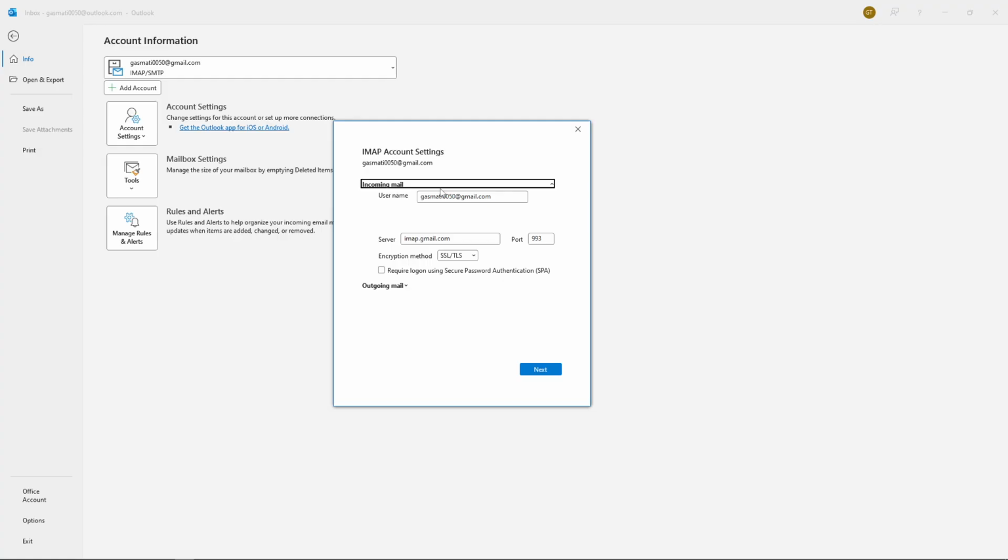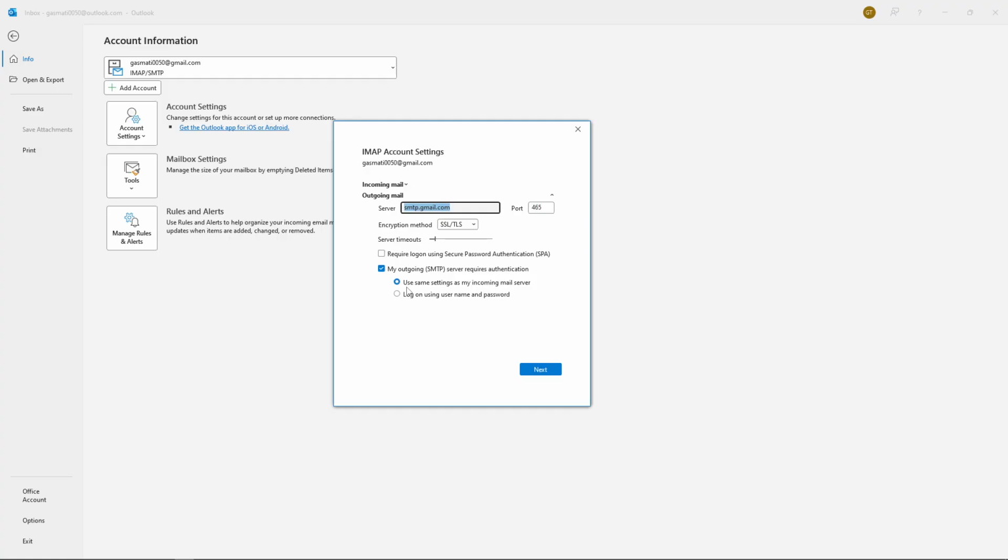Navigate to the outgoing mail section by clicking on it. This is specifically where your SMTP configuration lives, and this is what controls your ability to send emails from Outlook. In the outgoing mail section, you'll see several fields displaying your current SMTP configuration. Take a careful look at these fields and make sure you have the correct information entered. You'll need to verify three key things: the SMTP server address, which is typically something like